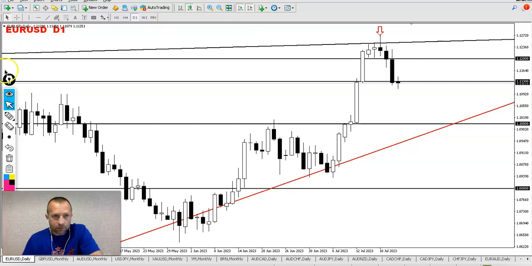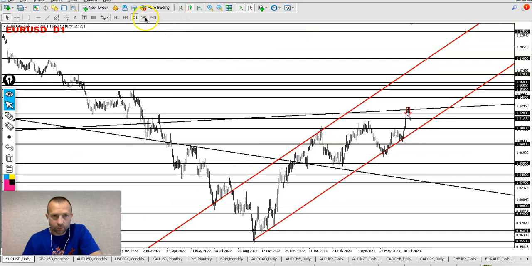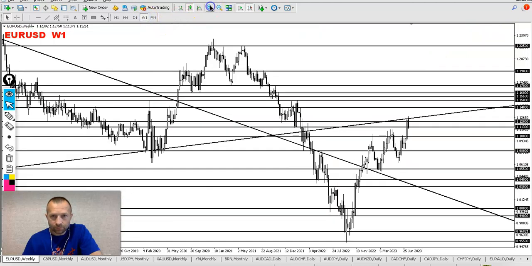On the daily, you can see exactly from this trend line we had a pin bar reversal signal, a sell signal, even though we were in the bullish run. But don't forget that the overall picture is negative. I mean it's bearish, it's actually a downtrend, and we can treat this movement just as a correction,